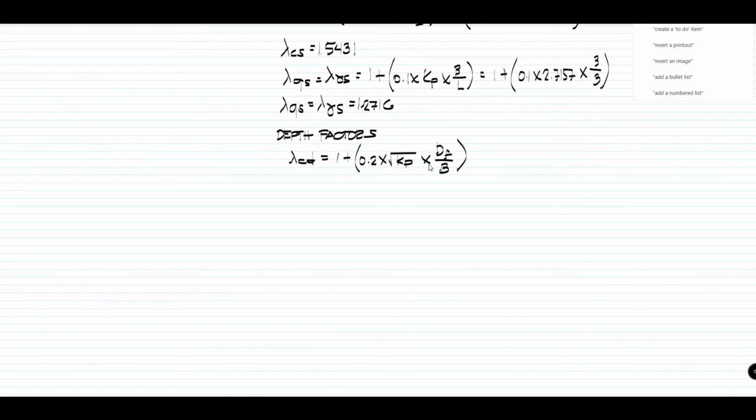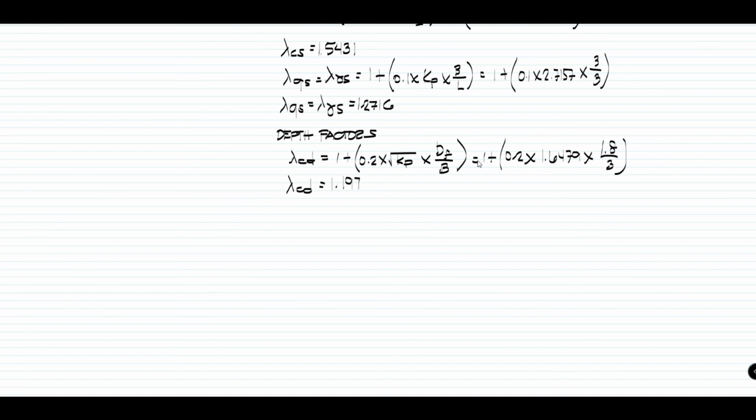We have 1 plus 0.2 times 1.6479 times dF, which is 1.8 divided by 3. So, our lambda CD will just be equivalent to